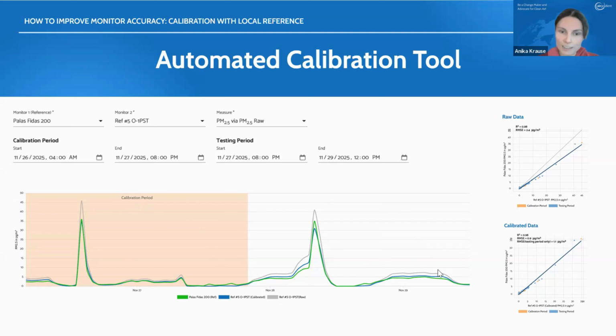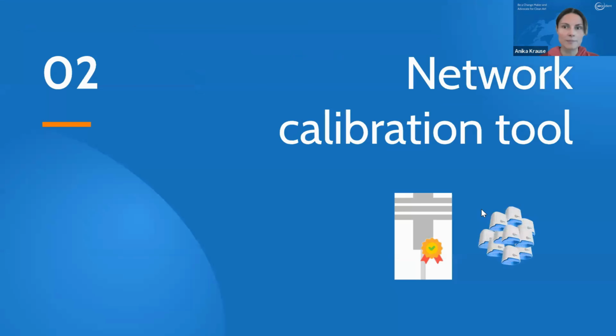You can add a testing period, and then you can also see that in the scatter plots, you then have blue data points as well. And you can also see how well they align with the one-to-one line in these scatter plots, and you can also get a separate RMSE only for the testing period. So this is already the calibration tool. At the end of the day, you just put in the data, which monitors and which time period, and then you can calibrate them with one click.